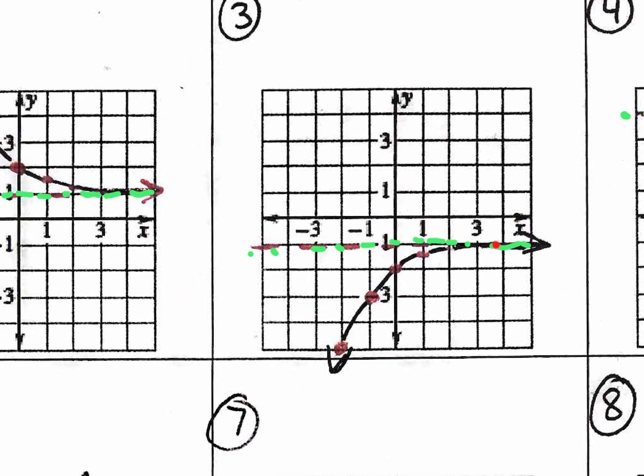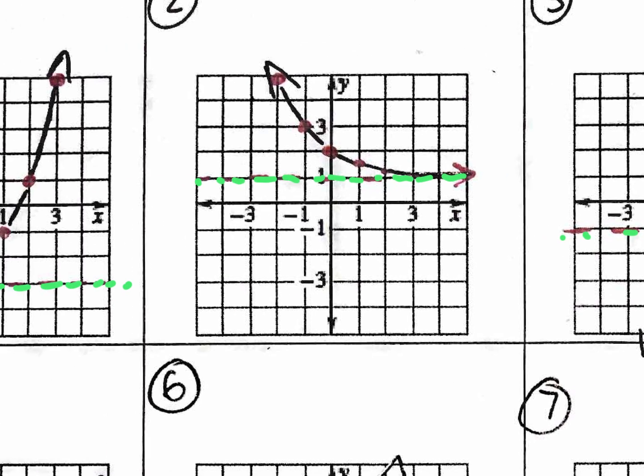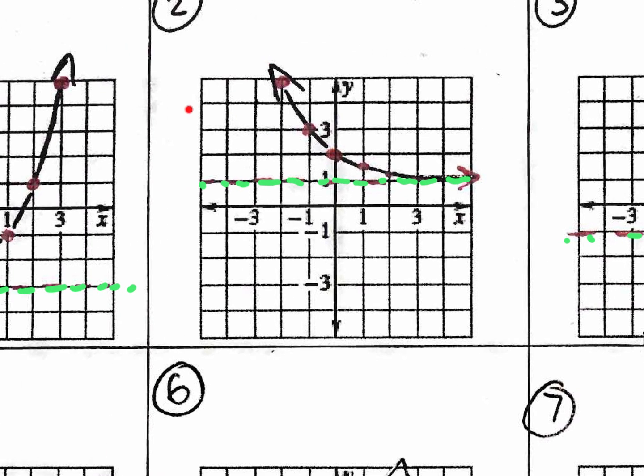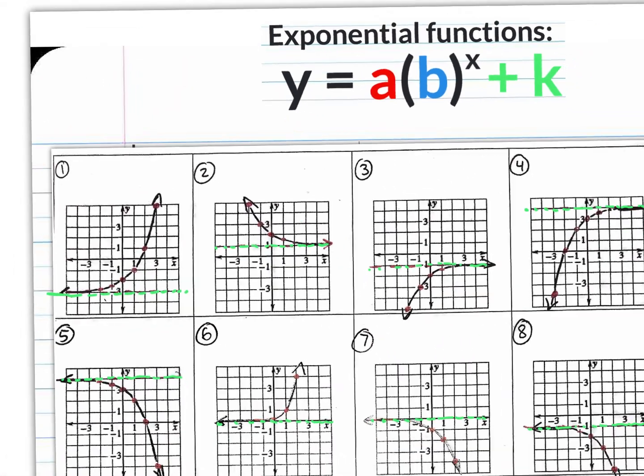Same thing right here. The A value must be negative because the entire graph is below. Right here, the A value must be positive because the entire graph is above the asymptote. Okay? Anyway,